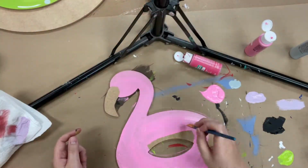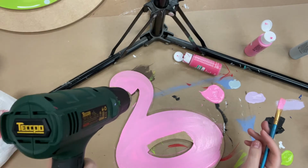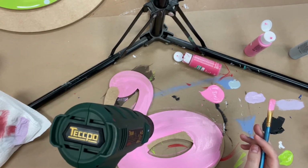Today I'm going to show you how I paint this pool floaty paint kit. This paint kit is going to come with the cutout, and you'll get to choose your size. We have 4 options: the paint and the brushes, and then you have the option of adding on the Sharpie